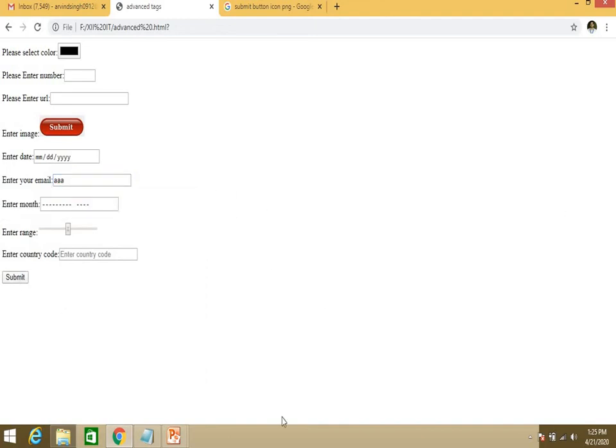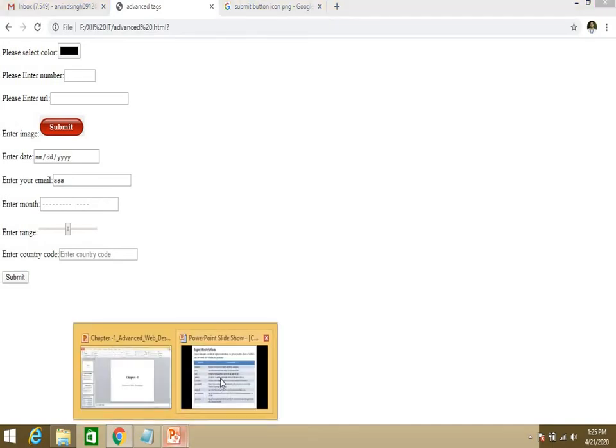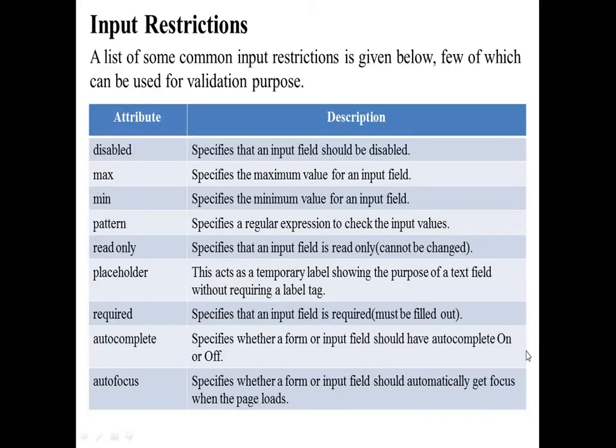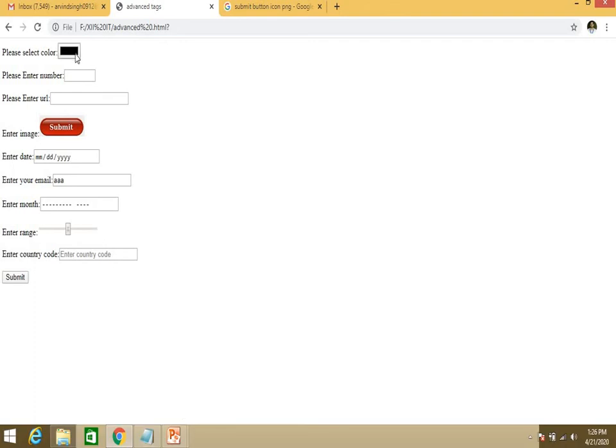Next is autofocus. It specifies whether a form or input field should automatically get focus when the page loads. For example, whenever we start with this web page, your focus should be on, suppose, the "please enter number" field.